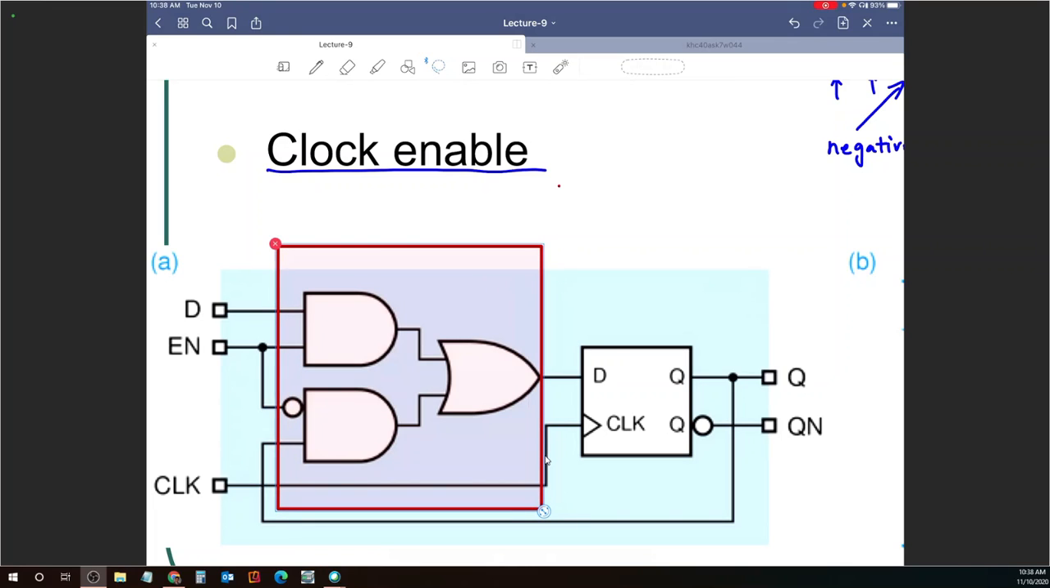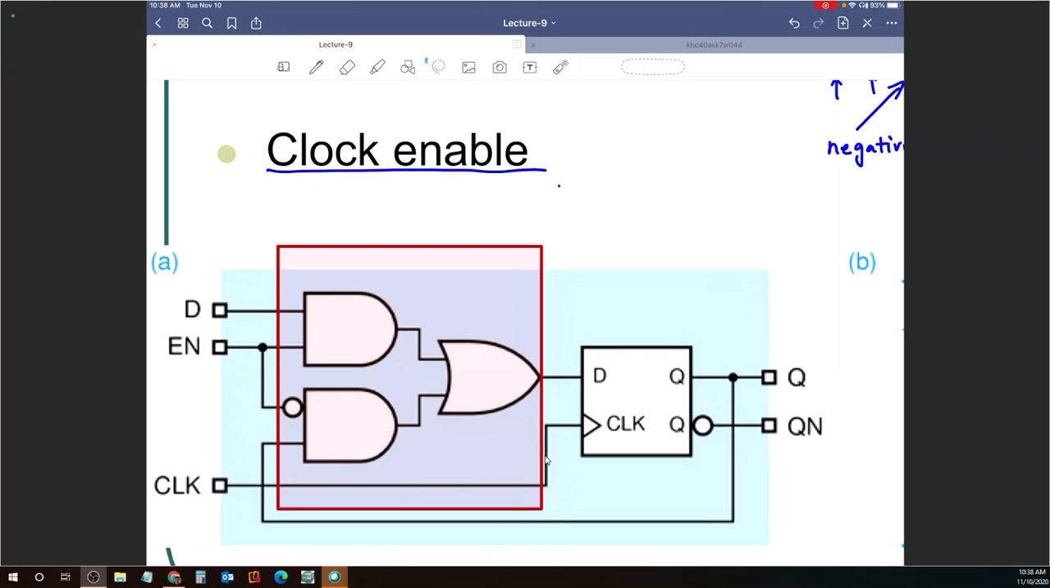Exclusive OR? But exclusive OR would have had one more bubble. XNOR. Okay, so here,